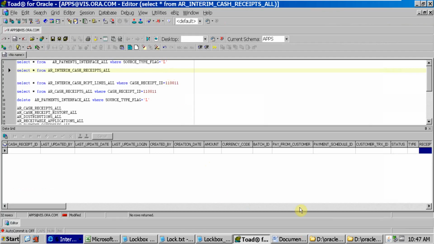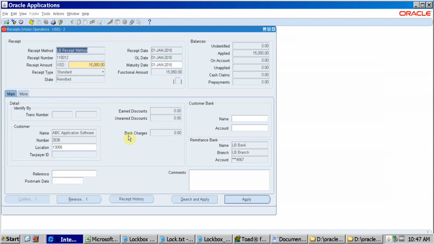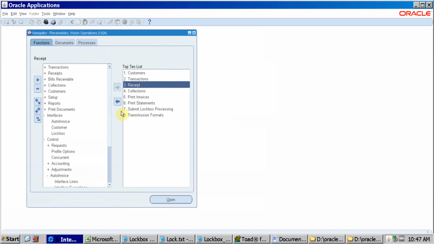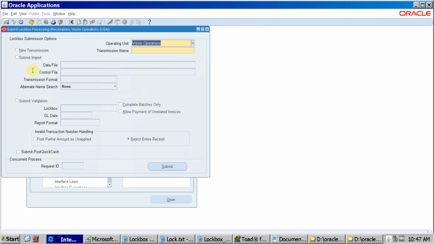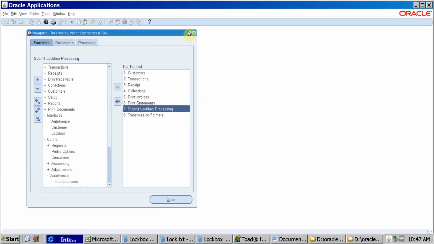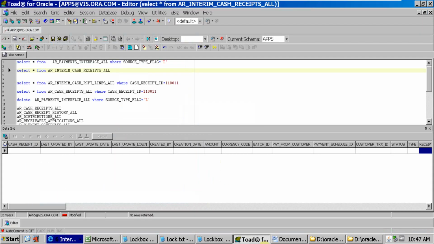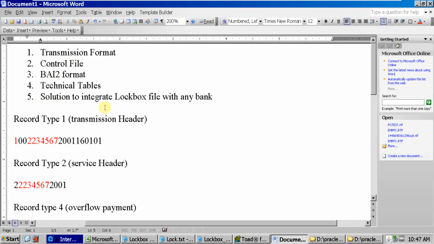Even you can directly run this process. You can directly run submit lockbox processing. You can check this checkbox and give the transmission name and submit validation and submit post quick cash, right? So now the last point which I need to discuss is the solution to integrate a lockbox file with any bank. Now, for example,